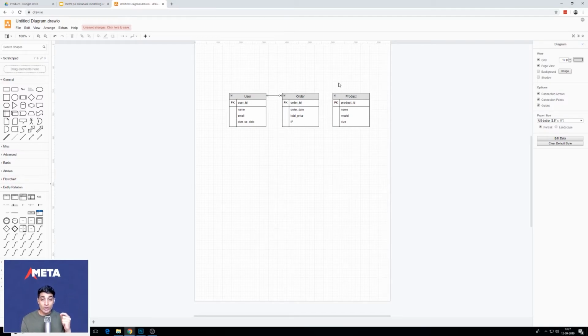So an order at minimum has 1 product, right? If there are no products available, then the order isn't even started. How does it make sense to have an order with no products? So at minimum 1 product, and at maximum you can have an unlimited number of products. You can buy the entire store within one order itself. So the range here is 1 to n, and on the other end,